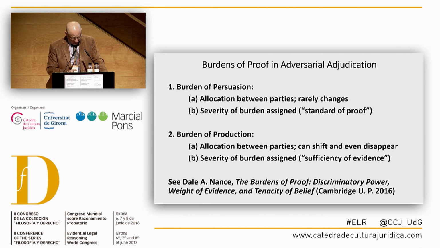So, in the book that I published in 2016, the site is up there for you, I placed the burden of production within the context of a wide variety of rules, the collective purpose of which is to manage what I called Keynesian weight of the evidence. The name comes from some fascinating suggestions by John Maynard Keynes in his early book on probability. Keynesian weight is different from the weight of evidence that lawyers are accustomed to talking about. We usually think of weight of evidence as the degree to which the evidence favors one side or the other. Keynesian weight, on the other hand, is a measure of the degree of completeness of the evidence, the extent to which the tribunal has been provided the evidence that is available to be obtained and considered.